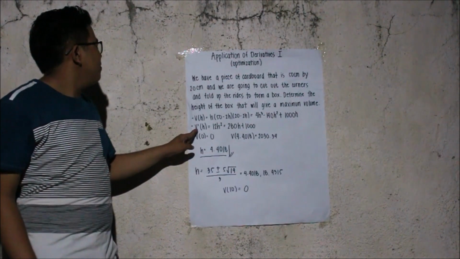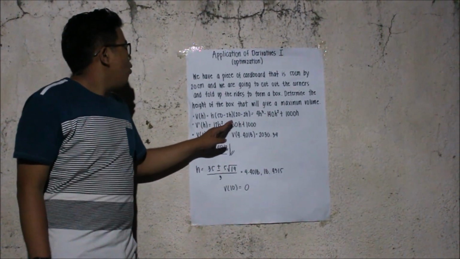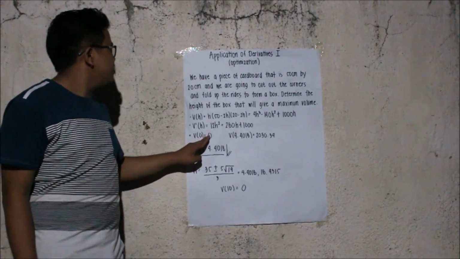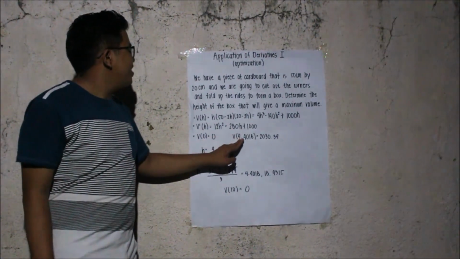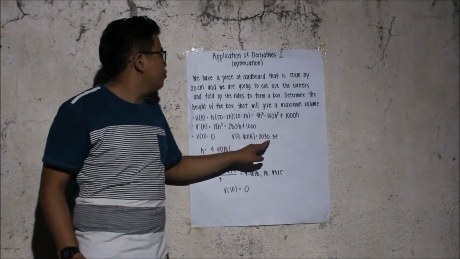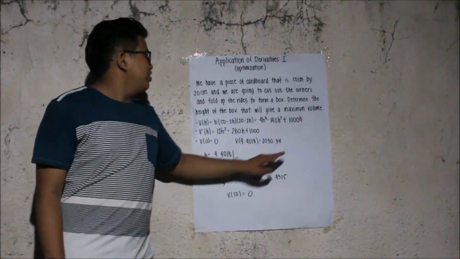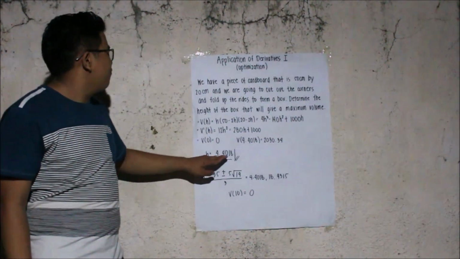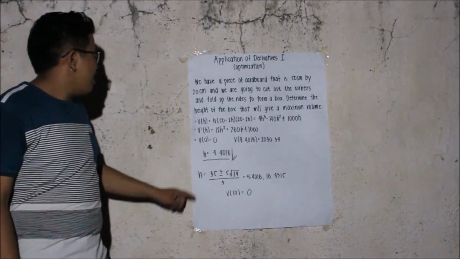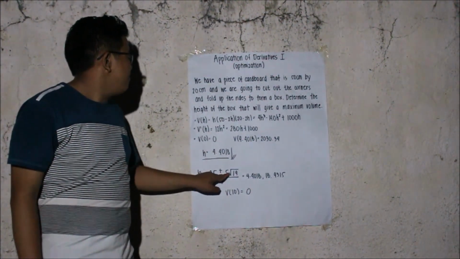Then we have V prime of h is equal to 12h squared minus 280h plus 1000. We have V of 0 is equal to 0. We have V of 4.4018 is equal to 2030.34. So we have h is equal to 4.4018. We have h is equal to 35 plus or minus 5 times the